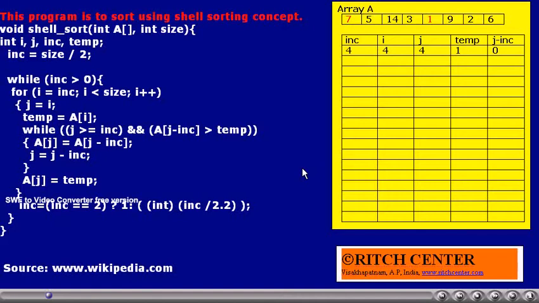If I take first set, that is 0th element and 4th element, their values are 7 and 1. As we wanted ascending order array, we exchange their values. Thus, 1 will come to the first location, 7 will go to the 4th location in the array.